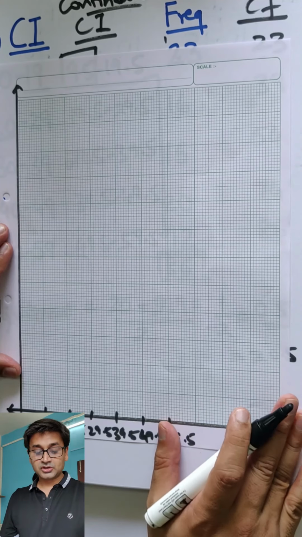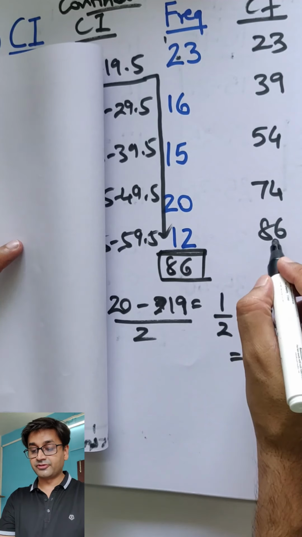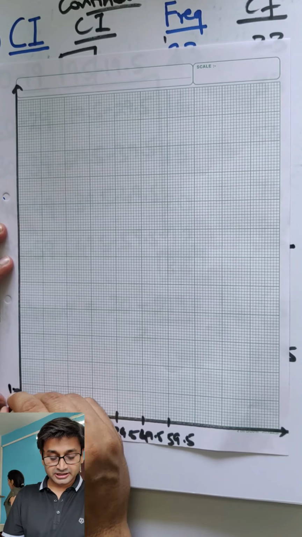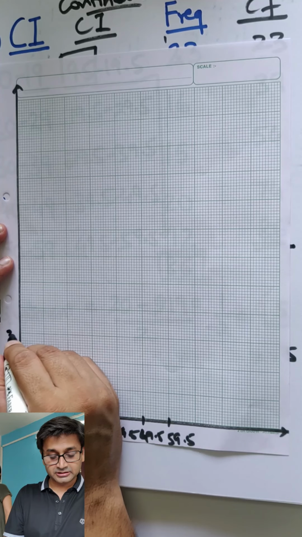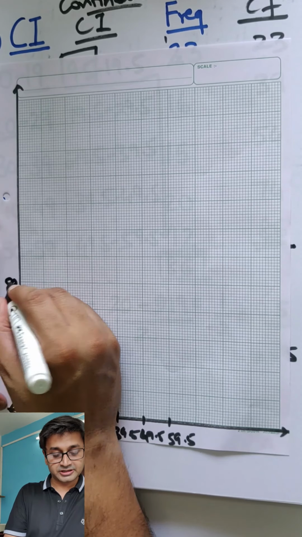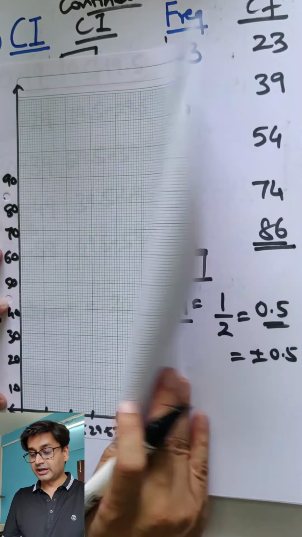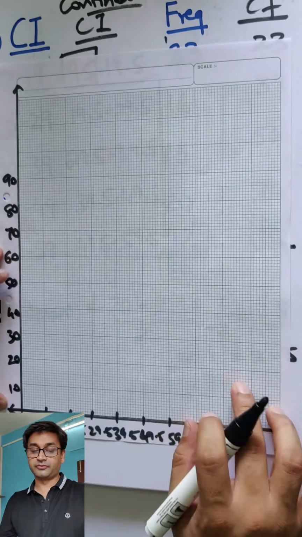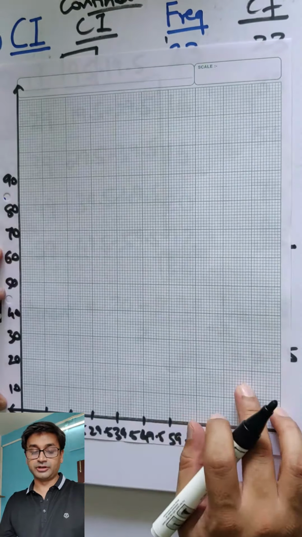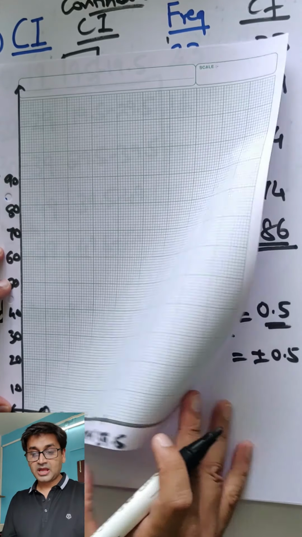Now let's plot. So with the L technique. So calibration first, 86. So I can again take 10 probably. 10, 20, 30, 40, 50, 60, 70, 80 and 90. You got to go till 90 because 86 is the max is what we need to go till, right? So let's now start plotting the L technique. So starting from 9.5 as 0.